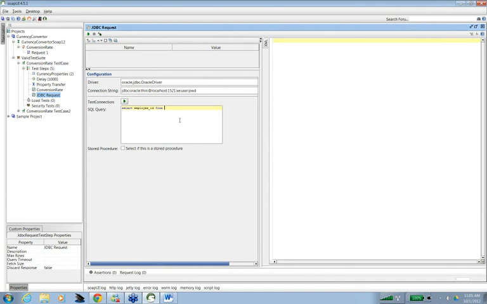I'm just writing a dummy query, so you can do validation in any form. This kind of query you would be writing here, then test the connection, and then you need to run the request. So whatever the results are, you can validate here. If you use this step as part of your test case, then automatically this is going to generate the result here. Okay.